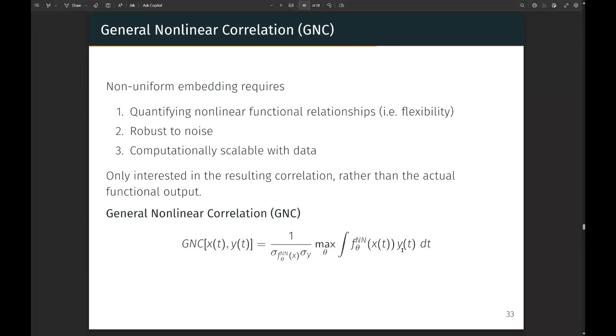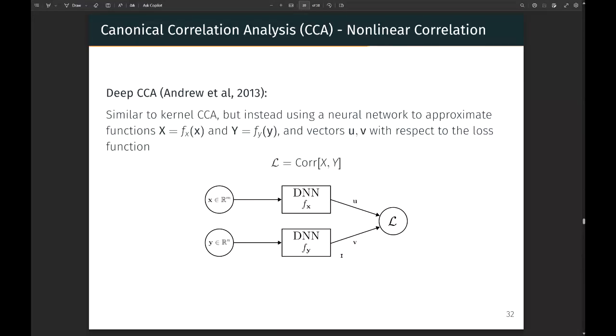So this equation essentially has f. F is just a nonlinear function that's learned by some kind of neural network, and we're going to train a neural network to best predict y from x, calculate the linear correlation, and that would be what we call a general nonlinear correlation. It's basically a simplified, asymmetric version of this DNN, deep neural network CCA.